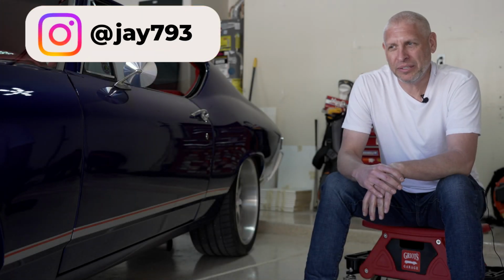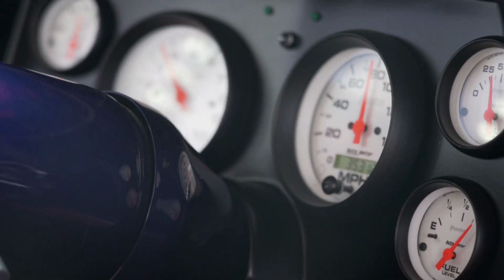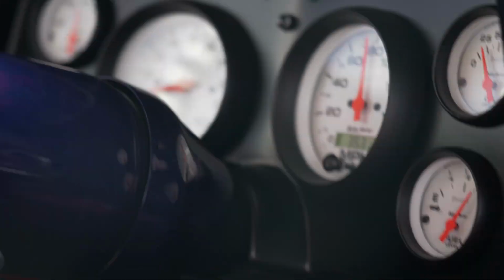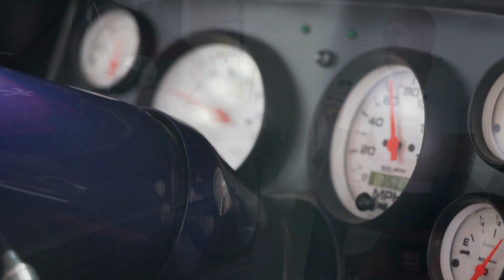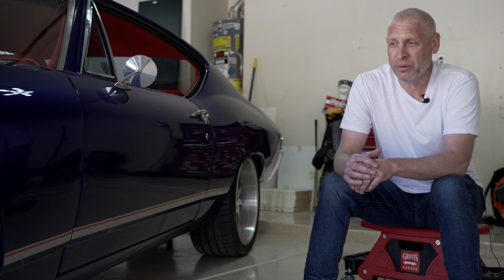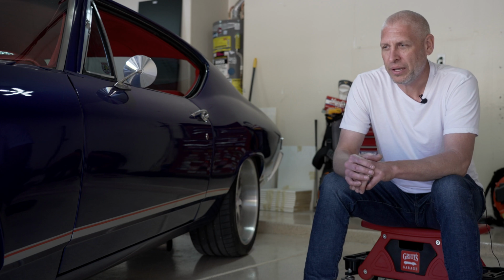So I bought this back in 2009, so it's been about 15 years that I've owned it. Bought it off Craigslist for $2,500. I was looking for a 70 to a 72, anything in that range. When this one popped up, it was clean. It didn't need much bodywork from what I thought, and kind of fit the bill, so I paid the cash money